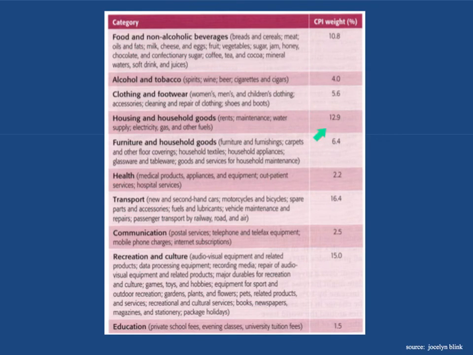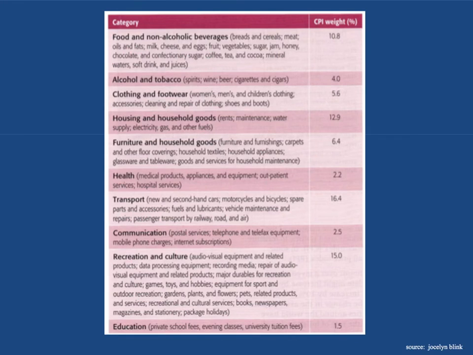Clothing and footwear, 5%. So if you took any one of these things and the price level, say, goes up for clothing and footwear, well, that's not going to have as big an impact on the consumer price index as, say, an increase in the price of air tickets or in cars or in parts, because that makes up 16.4% of the consumer price index. Okay, so this just gives you an idea, right, of what happens in most industrialized nations